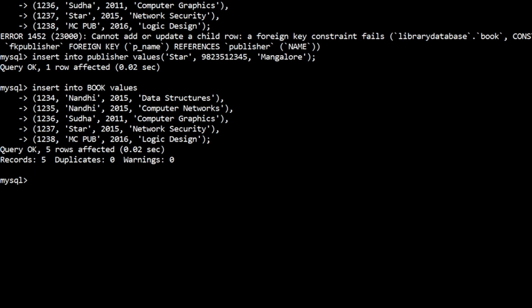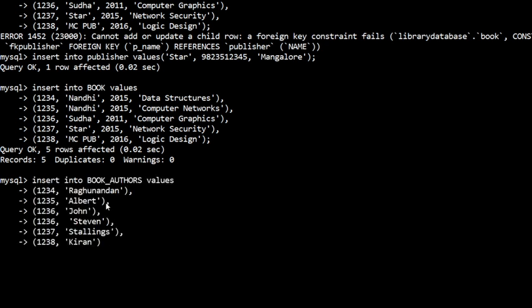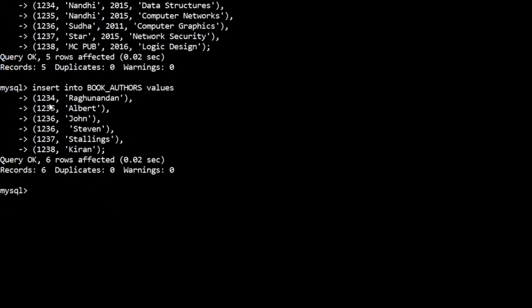Third one is book authors. So I'll add book authors information. Here I'm taking 1236, that is computer graphics. I'm adding two authors. See here, the primary key is the combination of these two attributes. That's why book ID can be repeated, but the combination of these two values must be distinct.